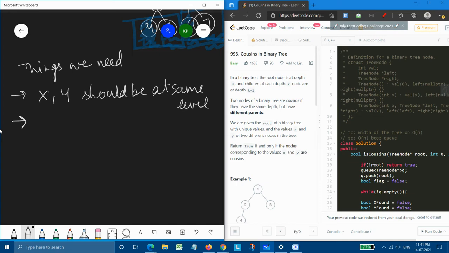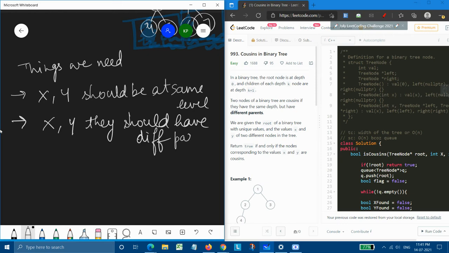And the next thing we need to check is that if x and y are found, they should have different parents. So these are the two things which we need to check. If these two things are not fulfilled, then we have not found our cousins, and if these two things are fulfilled, then we have the cousins.